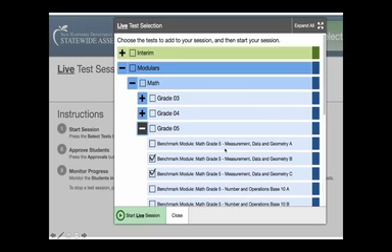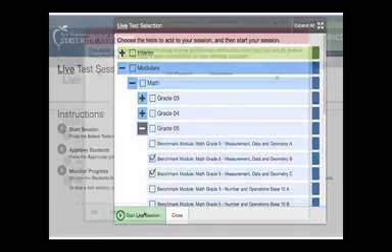I've got that whole list of choices: measurement data A or B or C, numbers in operation A or B, and the list continues. So for this, I want to give my students the B and the C, and some students will take B, some will take C. I can choose that later. Once I've chosen the assessment, I click on Live,